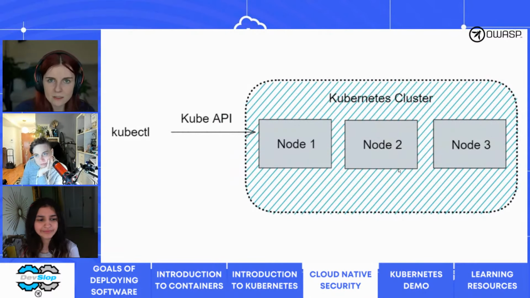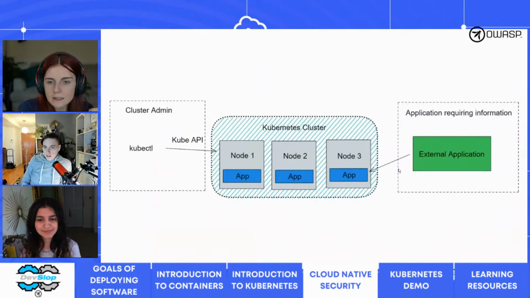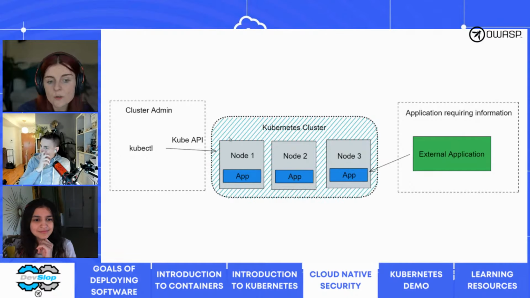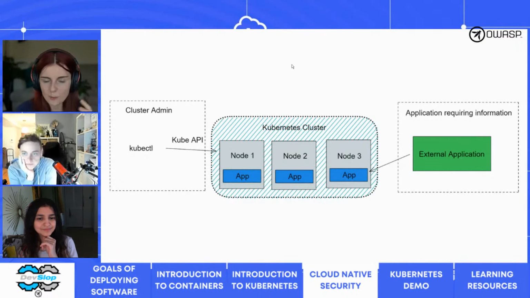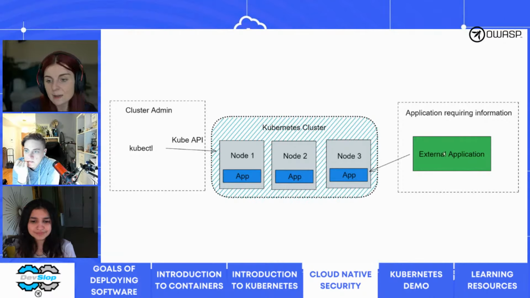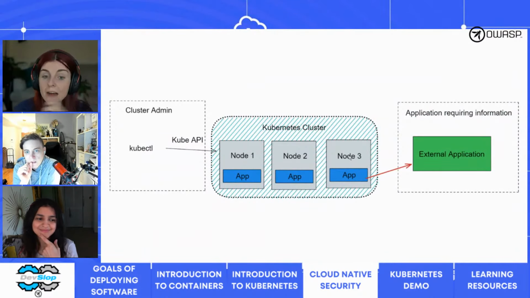Additionally, you want to have role-based access control. If you have multiple people using the cluster, you want to have different access control for all those people. So what you want to do with applications is have, on one hand, the cluster admin, the different people who can access the cluster directly. And then you might have applications that are external to the cluster but that need information from the cluster. In this case, this application would just ask the application running within the cluster, hey, can you please provide me this information? But what we want to do instead is push information out of the cluster,